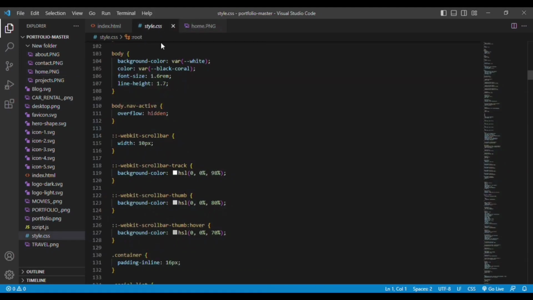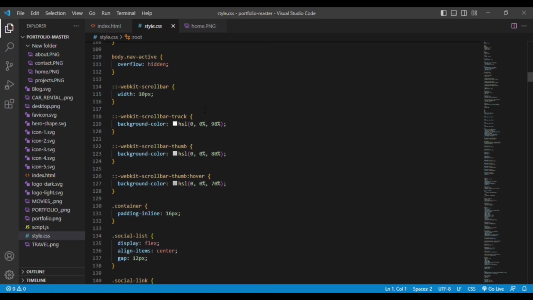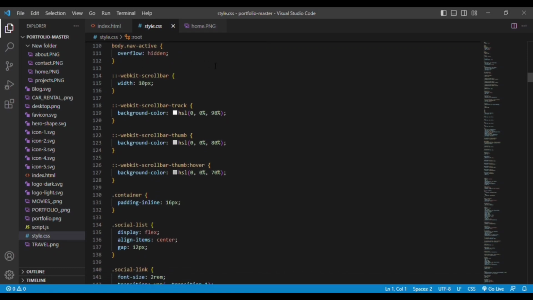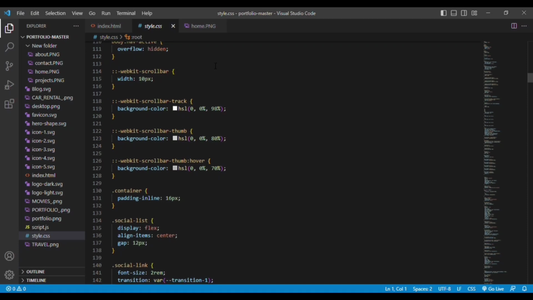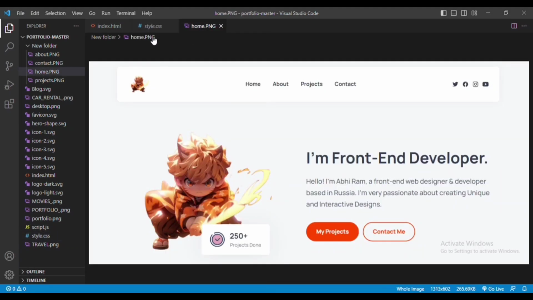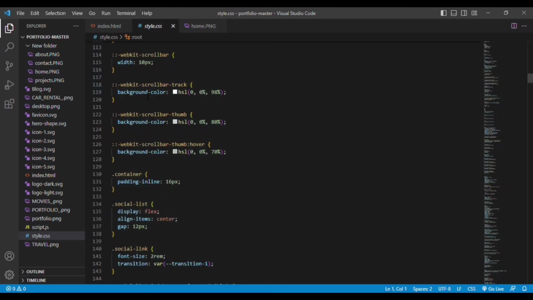Then we have body.nav-active with overflow equal to hidden. So whenever the nav bar goes out, the elements are more, then it will be hidden. And this WebKit scrollbar is nothing but the scroll element that we have used. This is the scroll. This is how you implement a scroll bar to your personal website. Then you can give the background color to it, and you can mention the hover effect also. So whenever you hover onto that scroll bar, you can see here